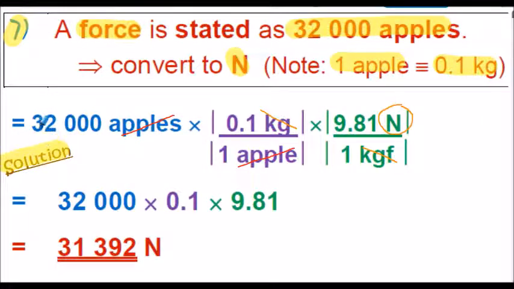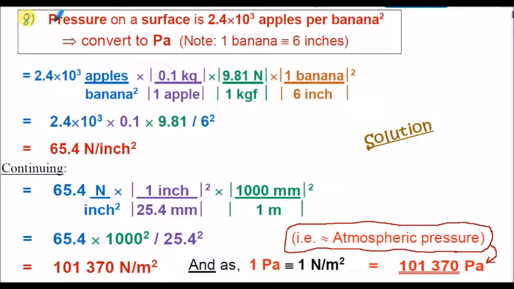Calculation wise, that's 32,000 multiplied by 0.1 multiplied by 9.81. So 32,000 apples is equivalent to 31,392 newtons. And finally, for fun, the pressure on the surface was given as 2.4 times 10 to the 3